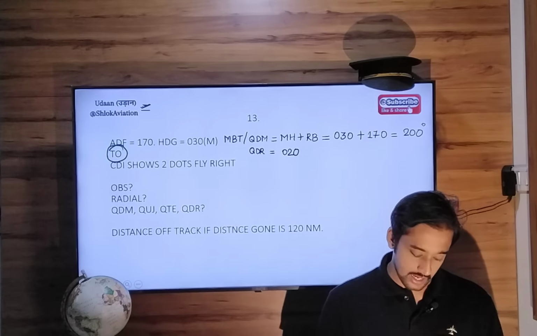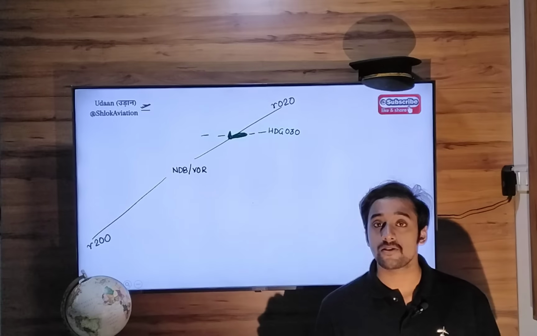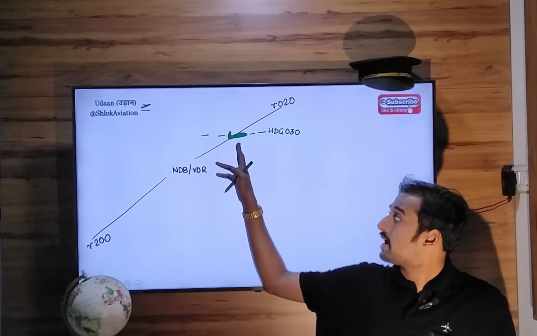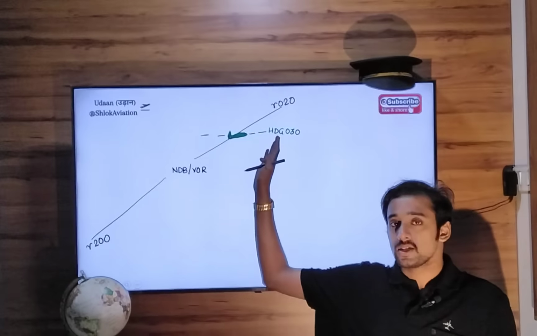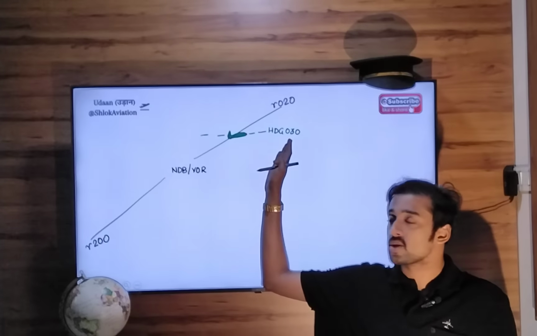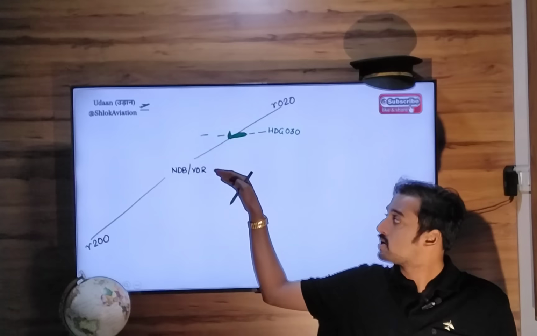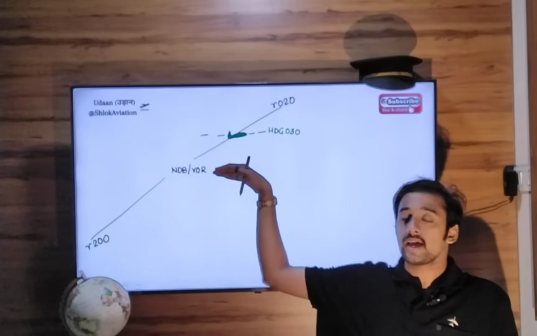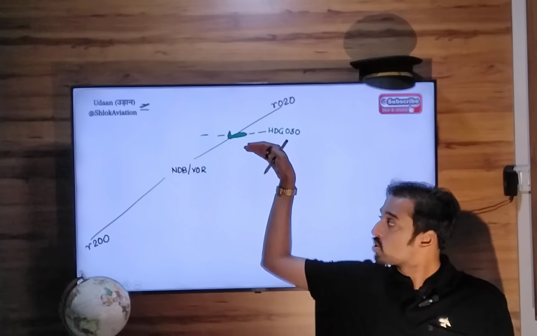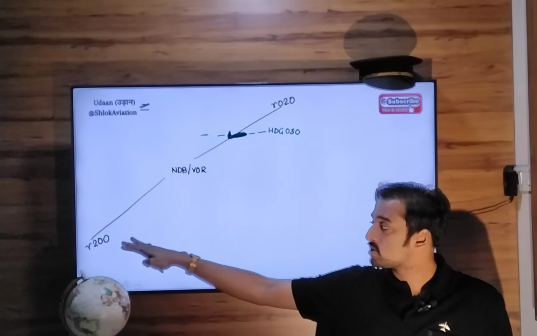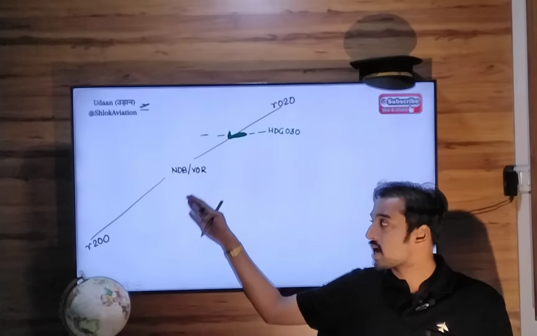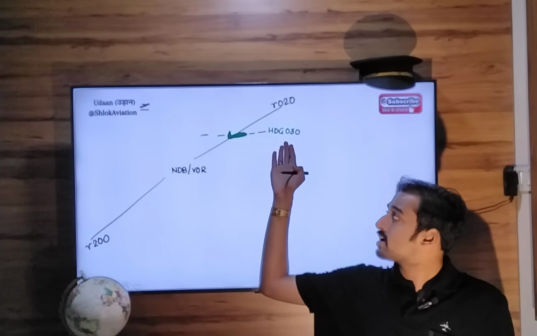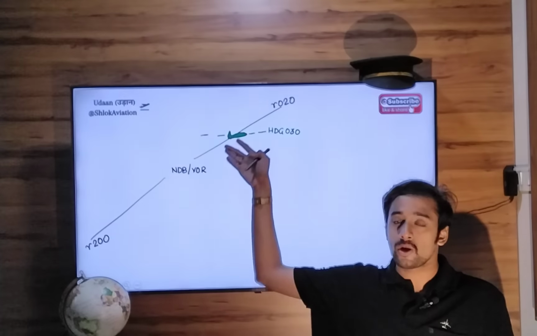Now here you can see that this is an example of reverse sensing. Why? This is NDB VOR and the heading of aircraft is 030. So any heading like 020, 030, 010, these headings will take aircraft away from the station. To go towards the station, you will have to follow a heading of 200, a south heading or southwest heading, anything like that. But if you have a heading of 030, that means you are going to fly away from